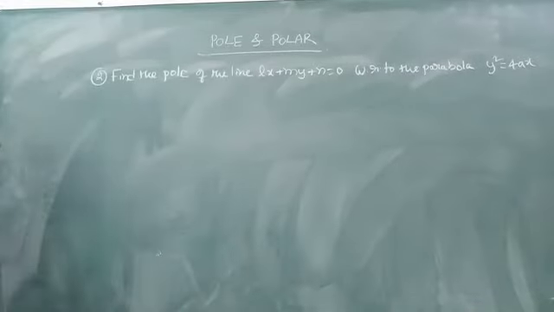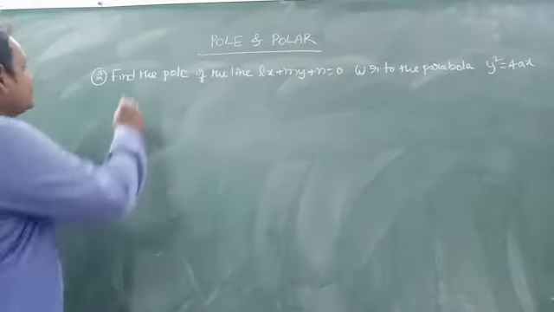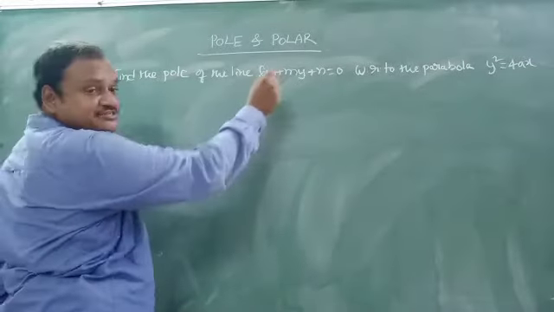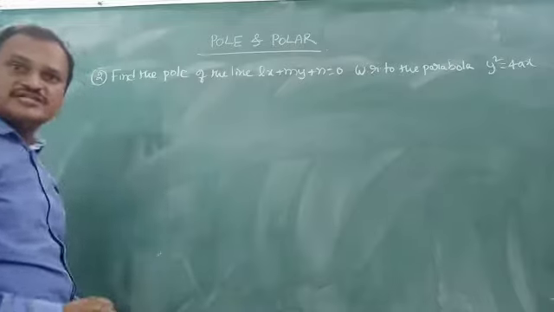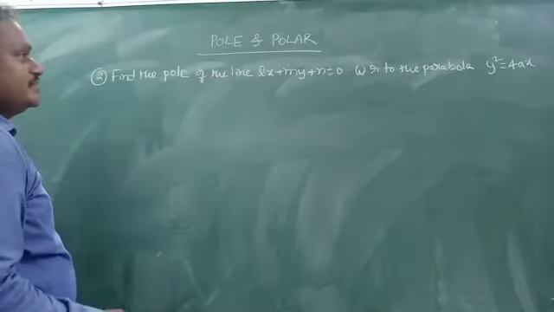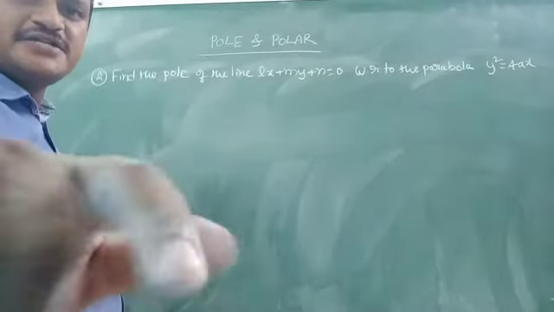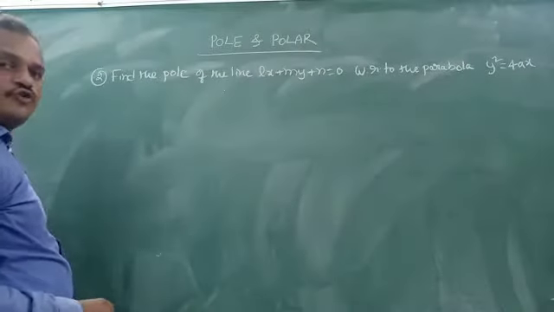Now see the second problem, my dear students. In this problem, find the pole of the line with respect to the parabola, that parabola is y square is equal to 4ax, right? Y square is equal to 4ax with respect